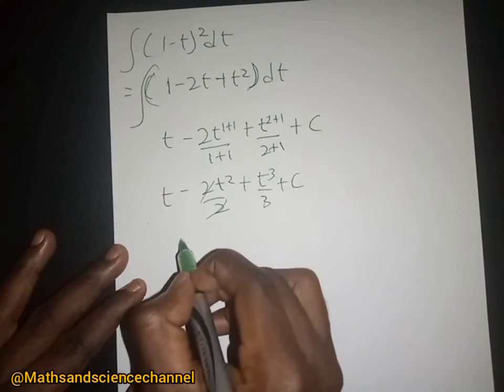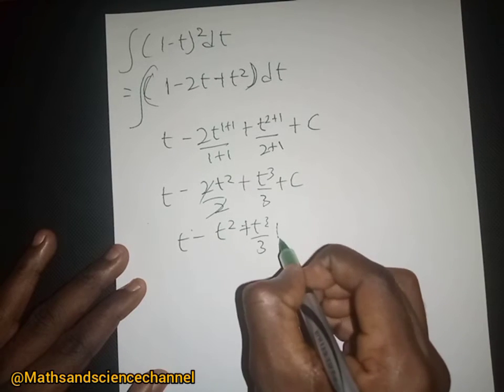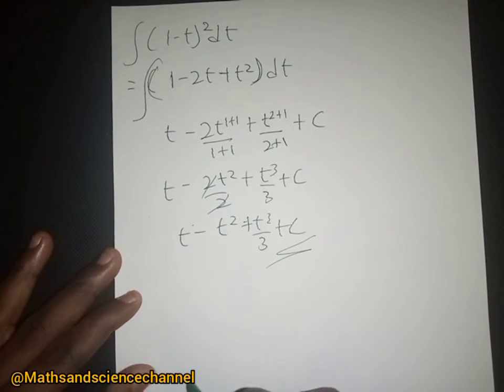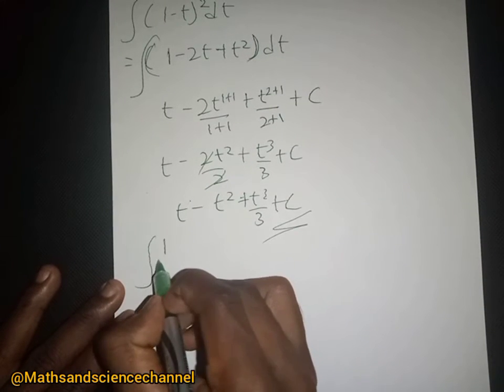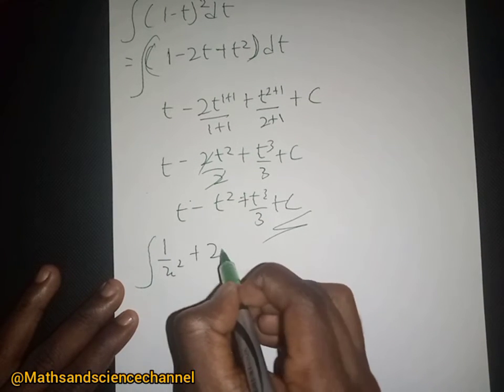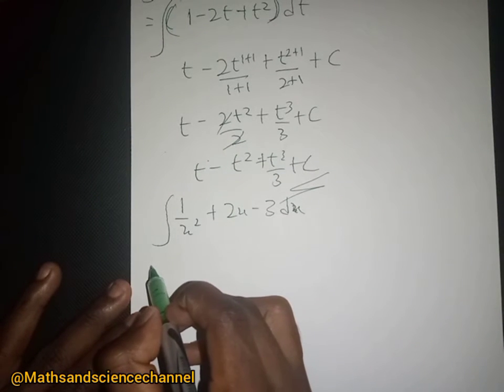So this gets rid of that, and we have t minus t squared plus t cubed over 3 plus c here, and that will be it for this. Now we can still do more, so we have the integral of 1 over x squared plus 2x minus 3 dx here, and this we can get this as